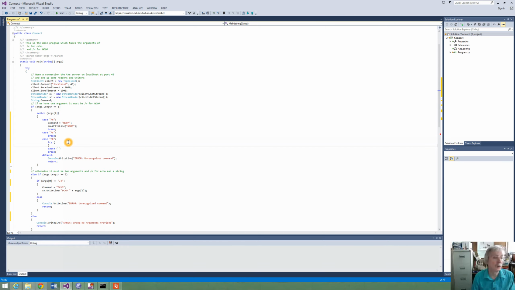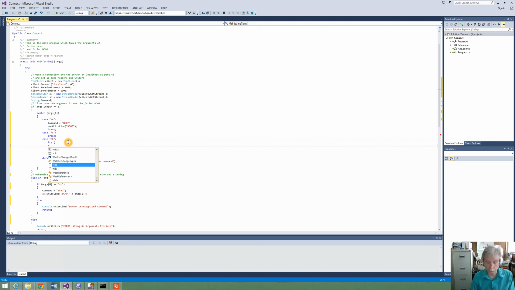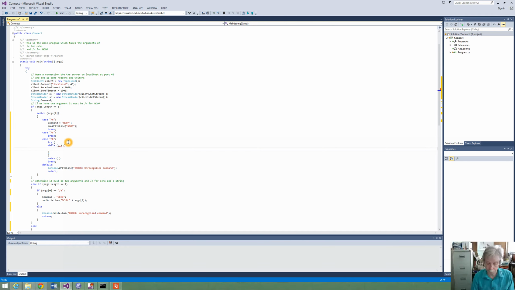In the try we'll need a loop that forever goes to do something, and forever what it will do is read a line